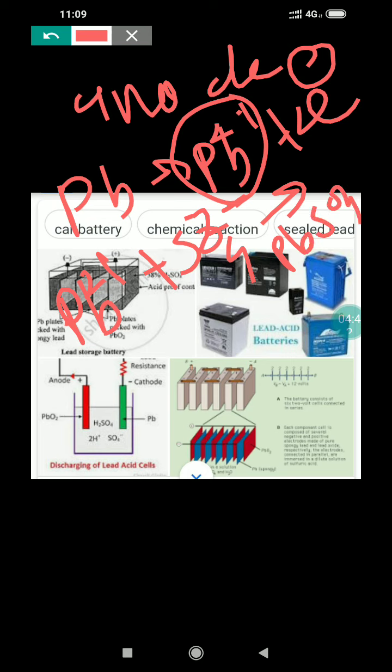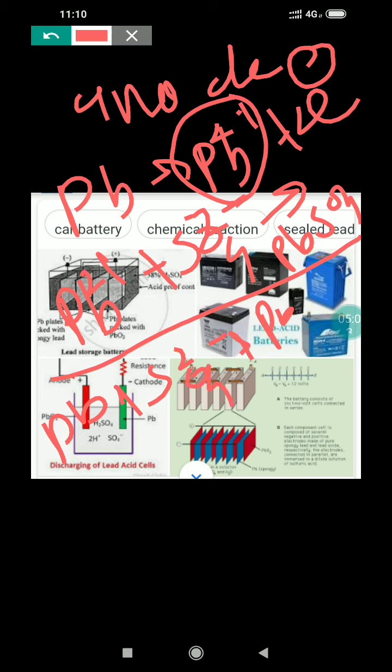from the sulfuric acid to form the PbSO4. In this way this PbSO4 is deposited on the lead plates, and that's why in the notation we consider that Pb is in contact with PbSO4. Overall, this anodic reaction is Pb plus SO4 di-negative, giving you PbSO4 plus 2 electrons. Now this Pb di-positive and Pb di-positive, they are cancelled. This is the oxidation reaction at anode. So overall oxidation reaction, Pb plus SO4 di-negative giving you PbSO4 plus 2 electrons.